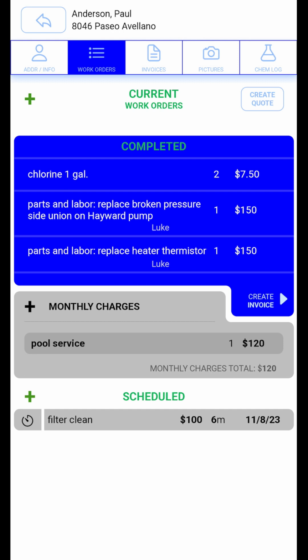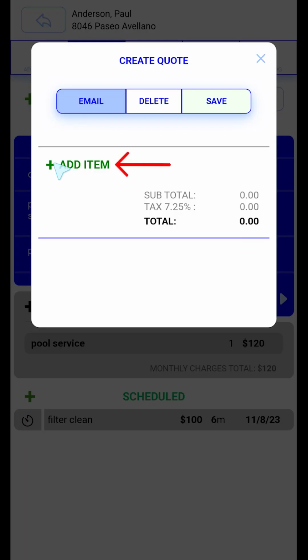Another way to create work orders is to generate work orders from a quote. So let's say you give a quote for a repair job, and then you get the green light for that job. You can then copy the quote to current work orders. For example, you would click Create Quote, add the item,